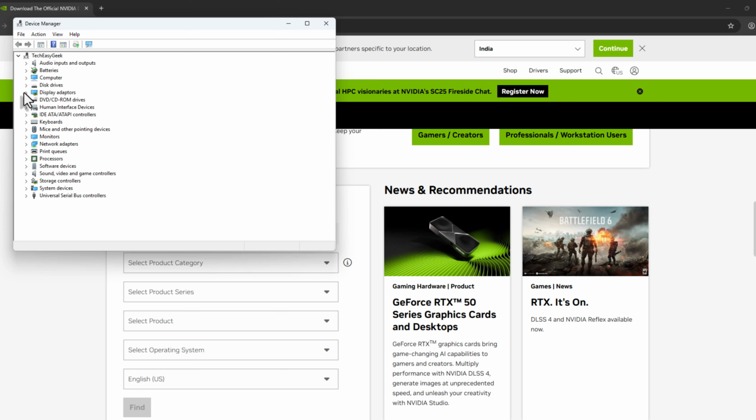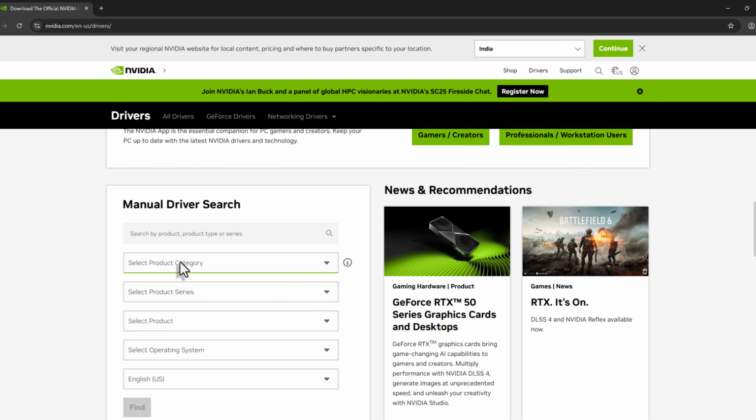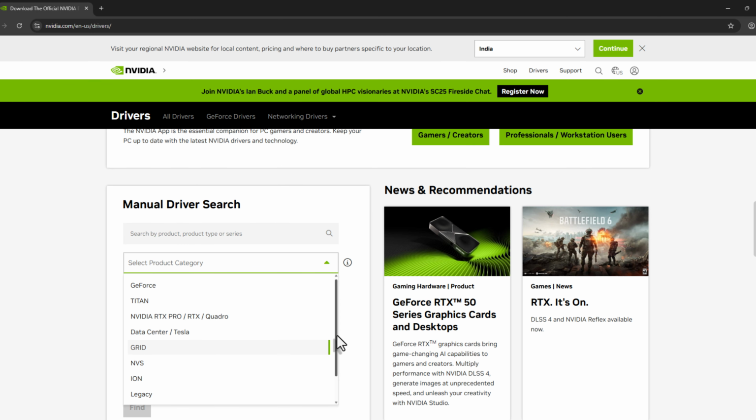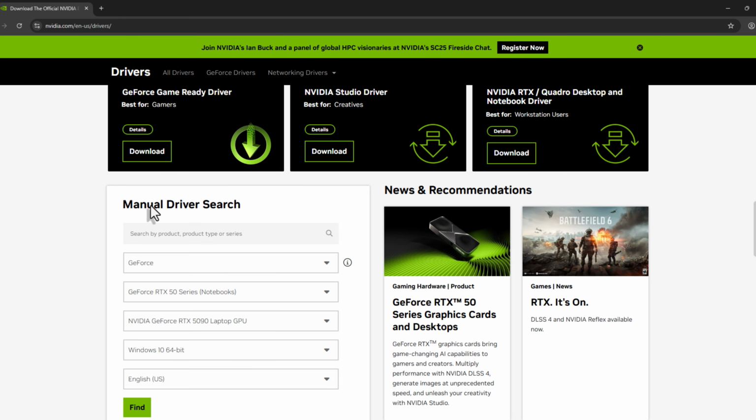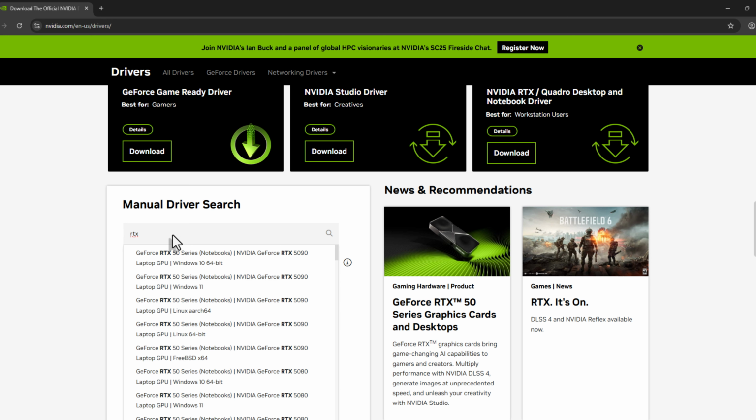Expand the display adapter section and in here you can see your graphics card model name. In my case, NVIDIA RTX 5080. In here you just need to select GeForce, or you can actually search for your graphics card model guys. Just in search you just need to type the graphics card model. In my case RTX 5080